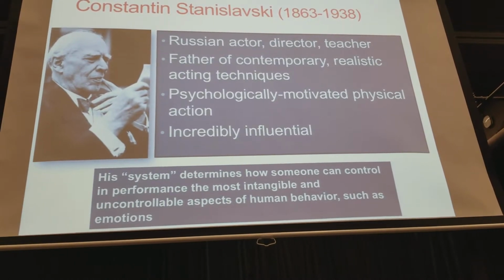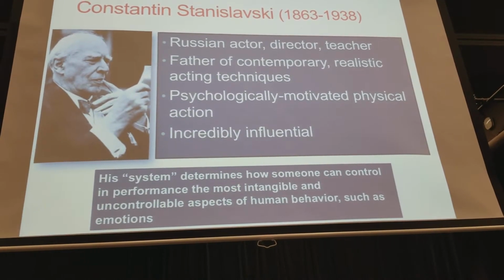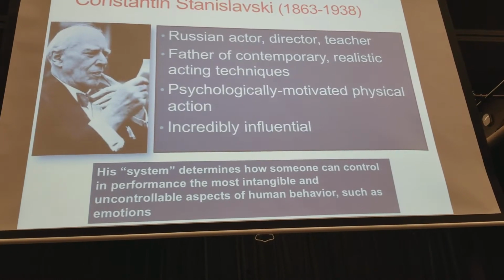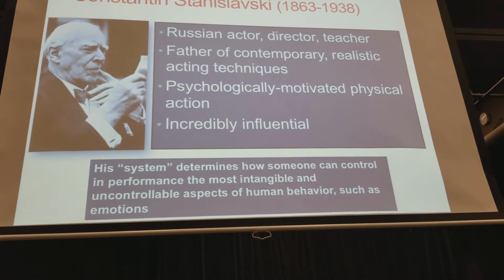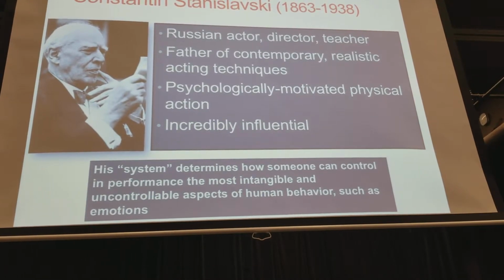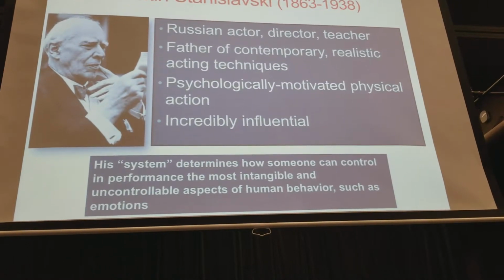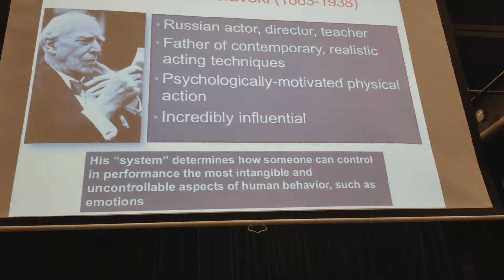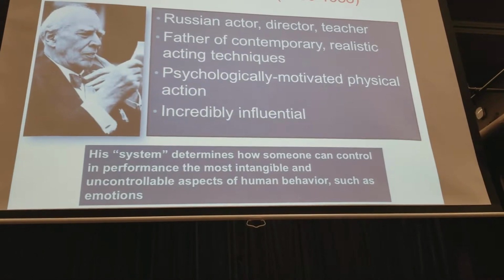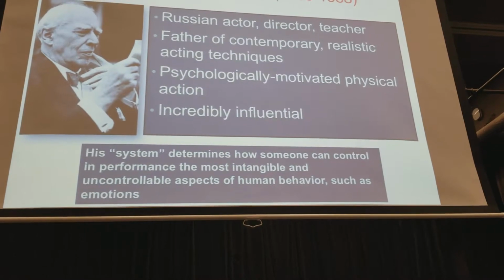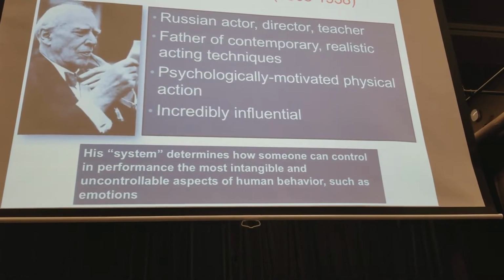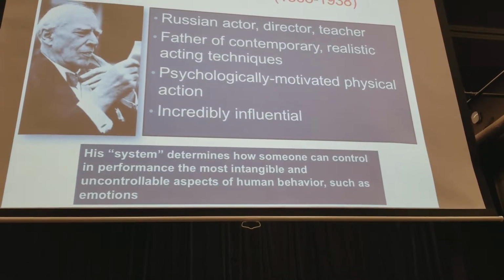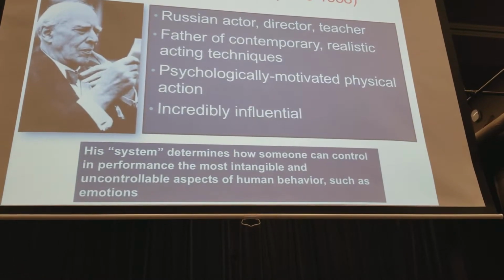Watch with you. And so that gets a little dicey at some places, and then other teachers are like, maybe you don't need to do all of that to understand what it means to become that character, right? So his system determines how somebody can control in performance the most intangible and uncontrollable aspects of human behavior, such as emotions, right? And what that quote means is, how can you replicate crying and feeling hurt and anger on stage in a way that you don't lose control as the actor and you're able to continue on with your